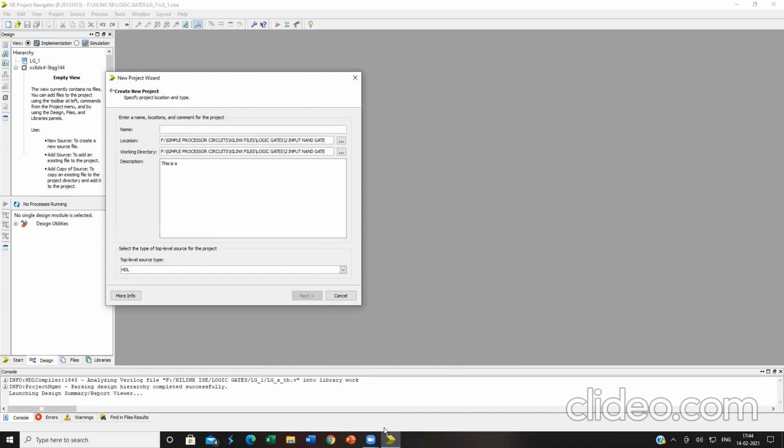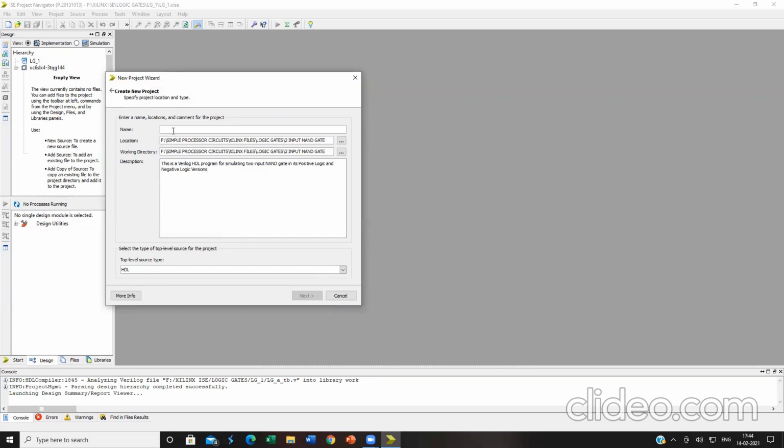So this is your Verilog HDL program for simulating a two input NAND gate in its positive logic and negative logic versions. Whenever anyone is seeing your program, they will have an understanding of what you're actually trying to perform using it. This description is optional, no need to compulsorily give it.